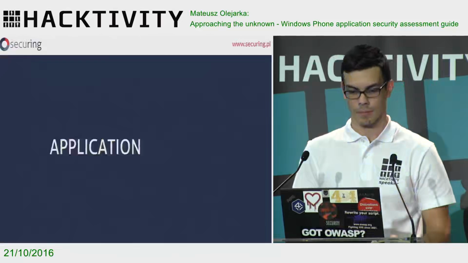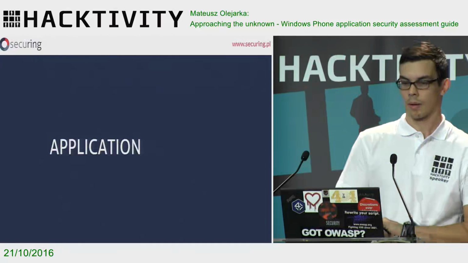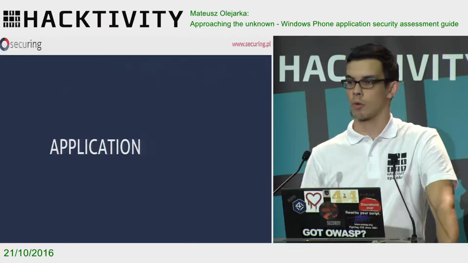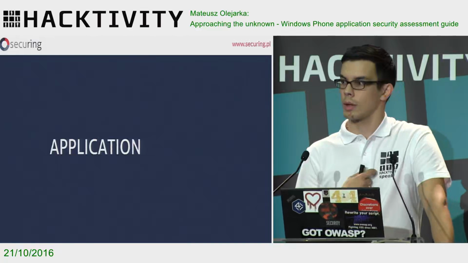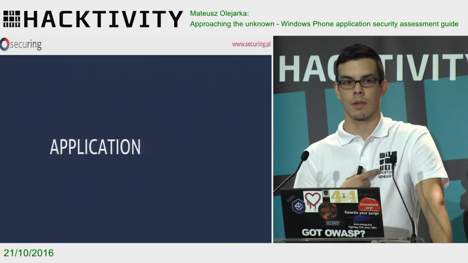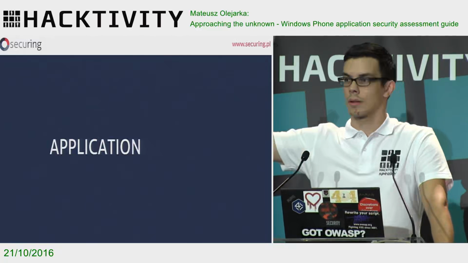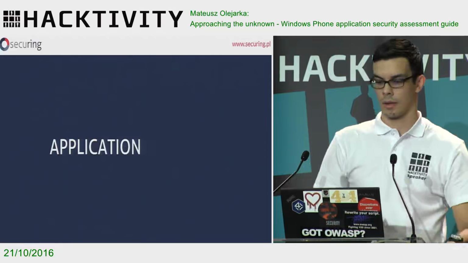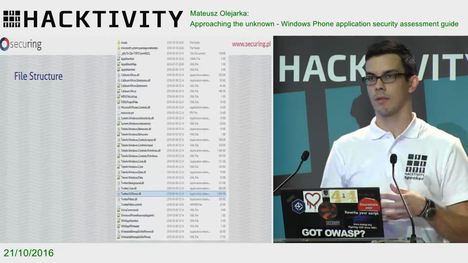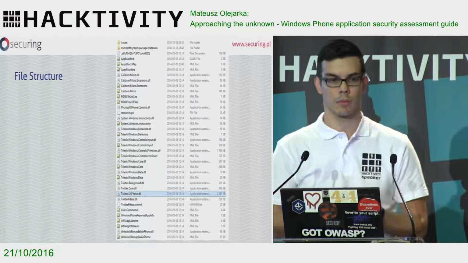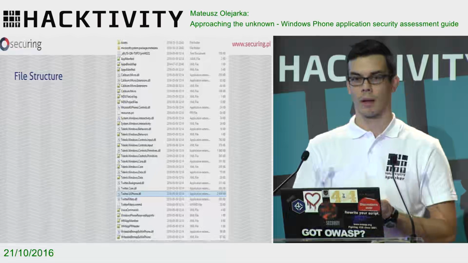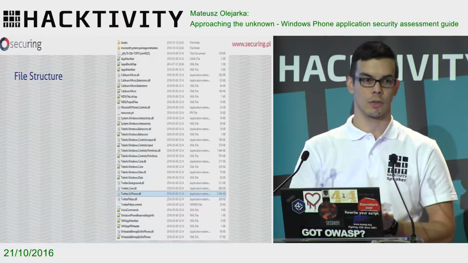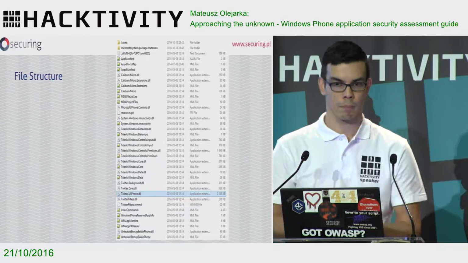And, okay, application. What's application? Application is basically an XAP file. Question for you. Does someone have experience with analysis of Silverlight-based application? Okay, so basically this is quite similar to this. There are two ways. If you will get a version of the app ready to work with an emulator, the XAP is then a simple archive file which can be extracted by 7-zip or whatever.